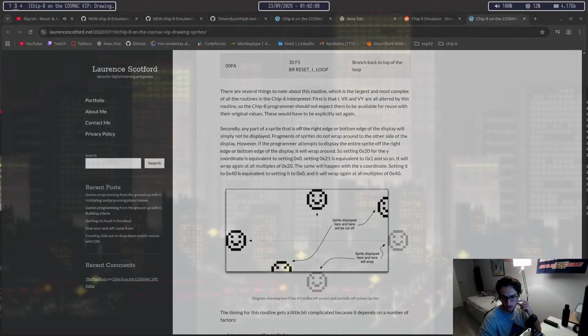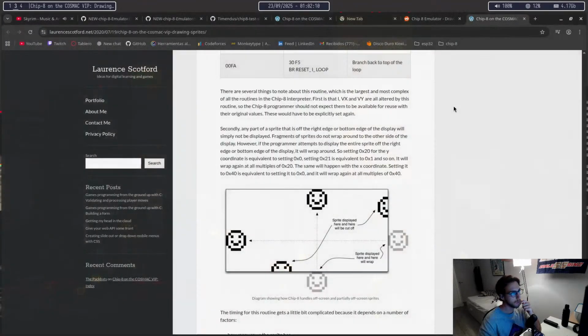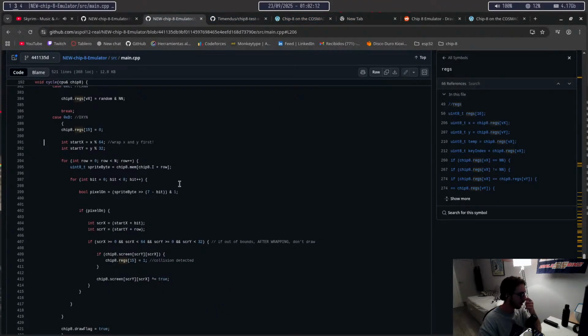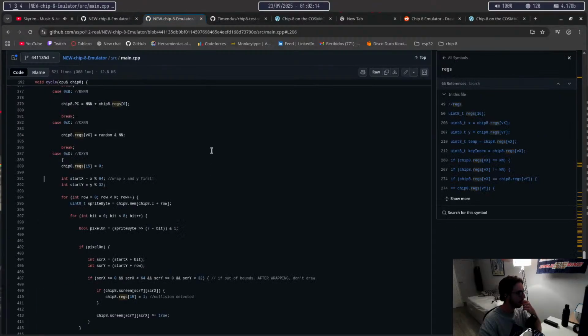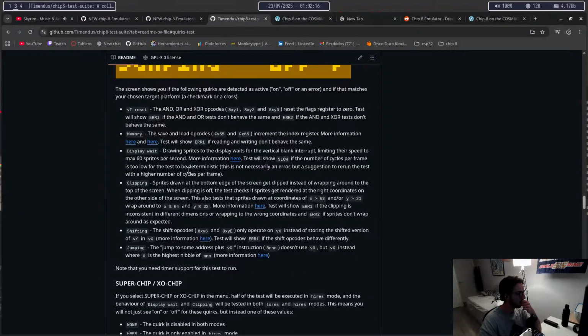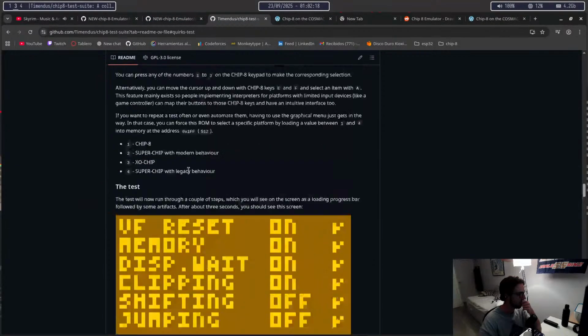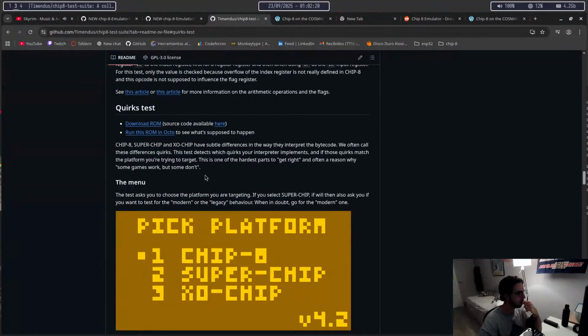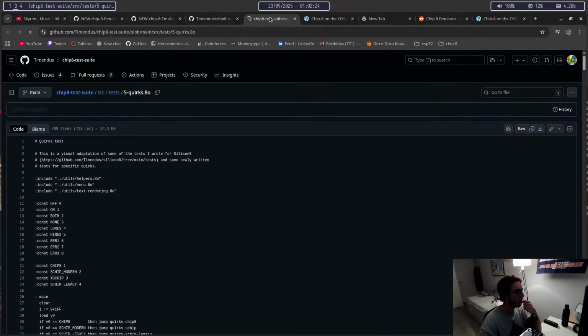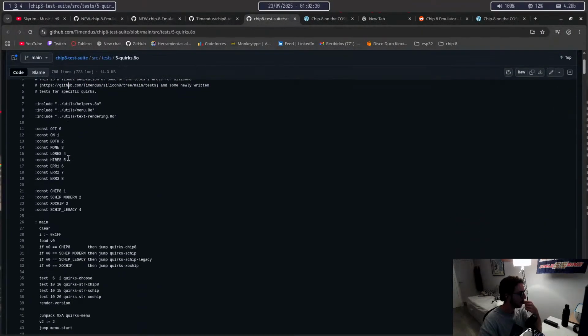At this point, it might be a good idea to look at the source code of the Quarks ROM. Can I even do that? I think I can download the source code. Source code available here, but I don't think I can take. Oh, I can't. Okay, so